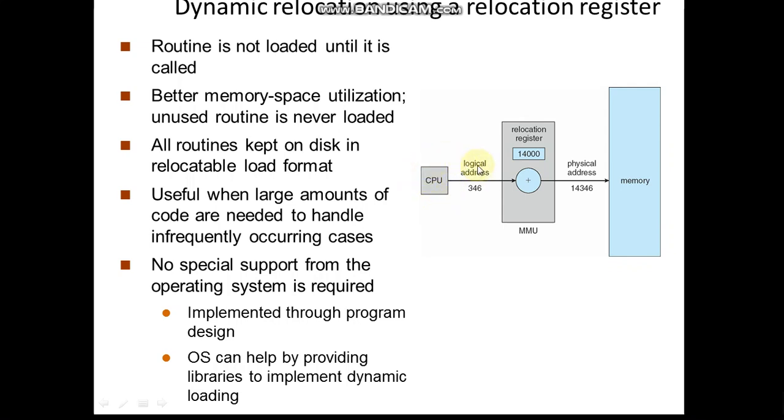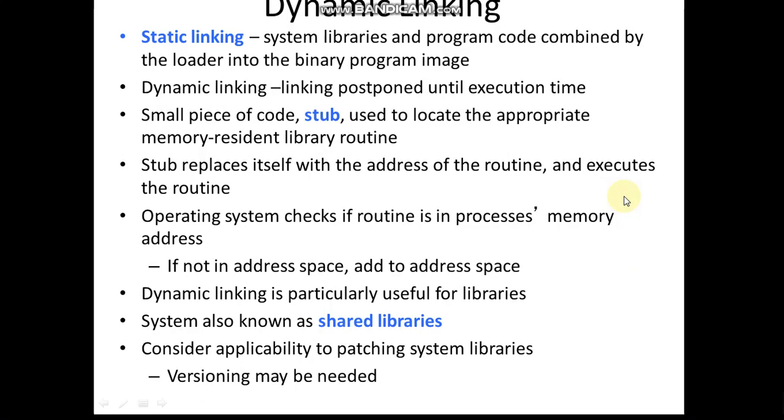The CPU-generated address is a logical address, which is something like 346. This is added to the base register value, or relocation register value. It gives you 14,346, which is the actual address in memory. So dynamic linking and